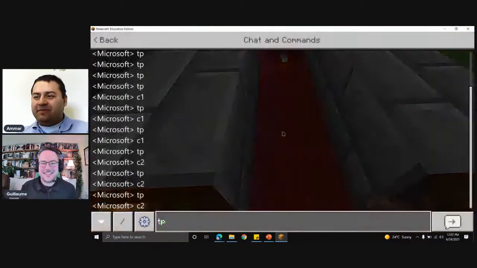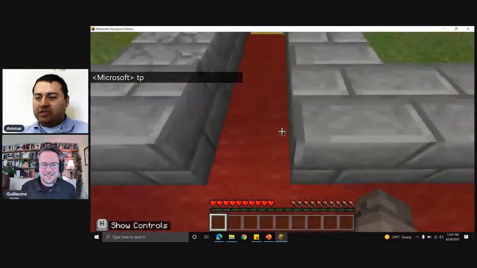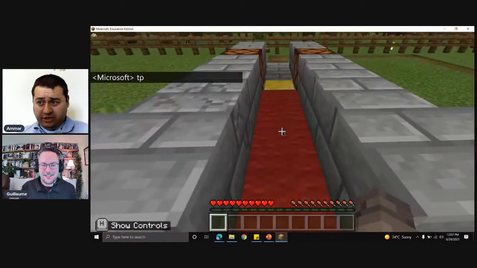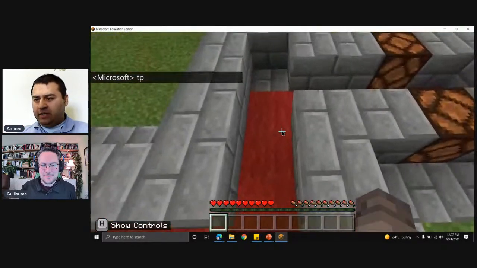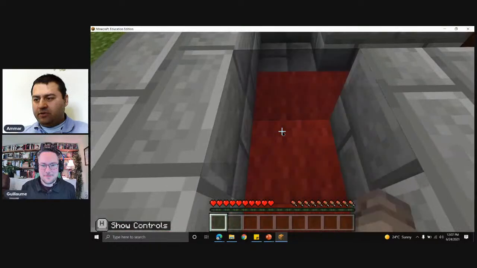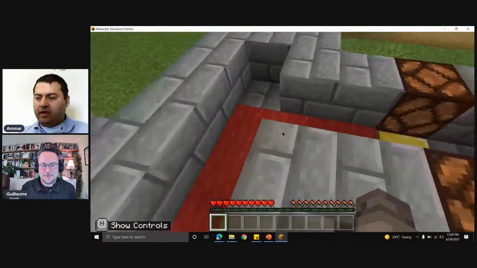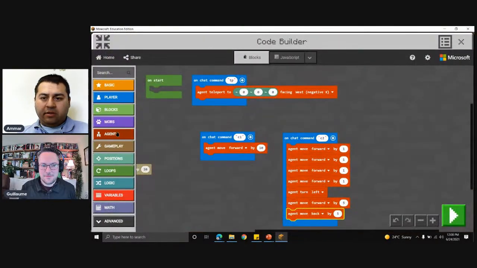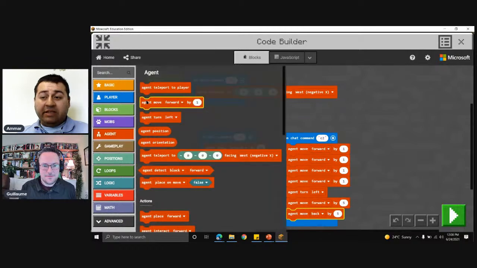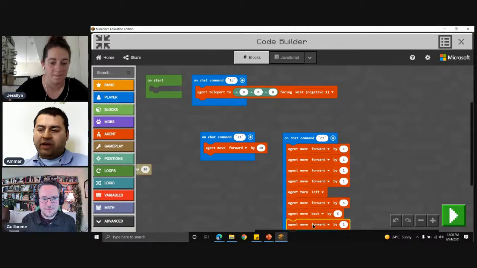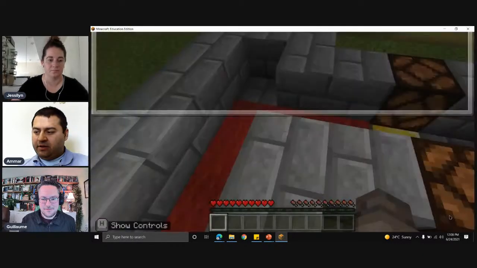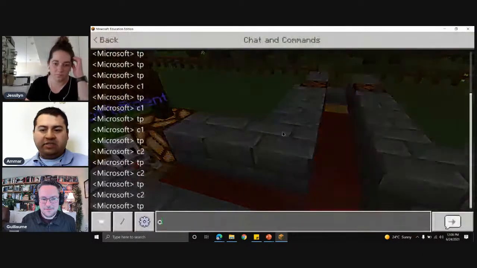Okay, I'm going to reset them. We got them standing right here, and they're still facing this way. Remember, I didn't turn them. So maybe I'm going to move them down 1, 2, 3. Okay. This is where it can get tricky, okay? Make sure you have them moving the way you want them to. So I'm going to set agent move forward by 3. Let's do that.